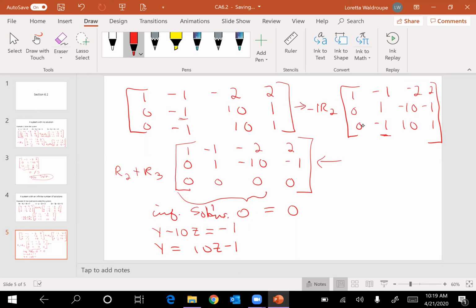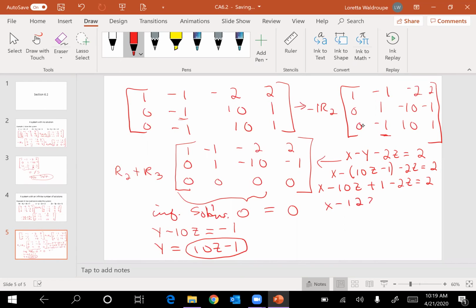For this top equation, I have x minus y minus 2z equals 2. I know that this is what y equals, so I can say x minus, and then my y, substitute it in. So I have x minus 10z plus 1 minus 2z equals 2. Combining like terms, x minus 12z